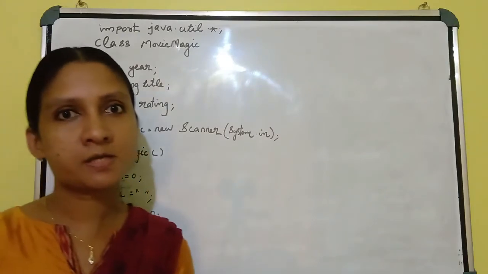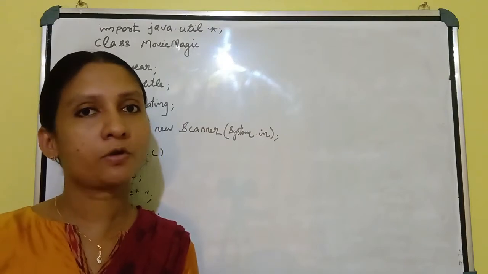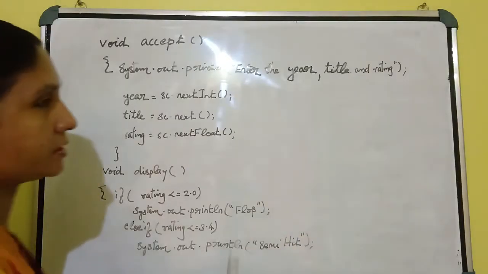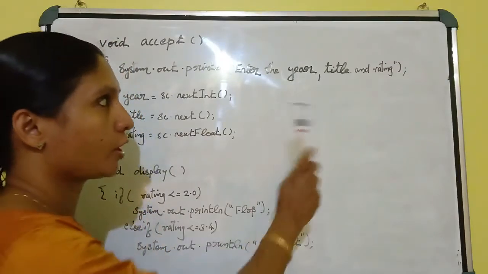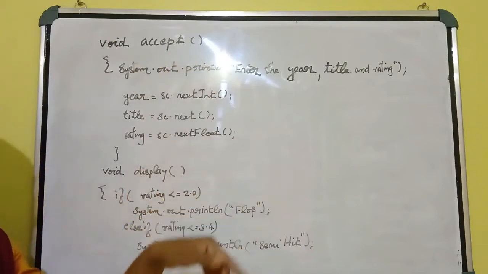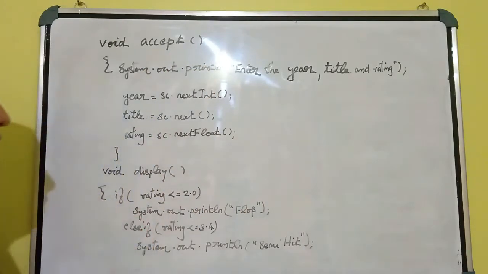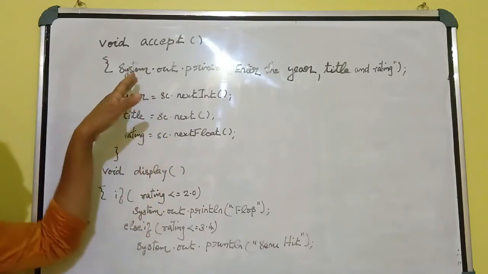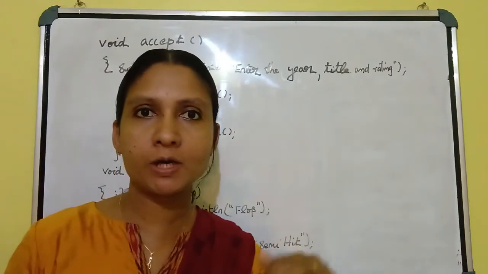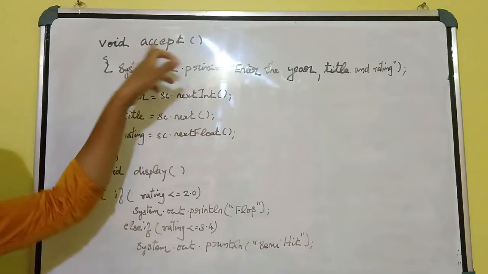Okay, next step. What is the next step? In the question they mentioned there are some functions. You have to create the functions according to the rules. In the question they mentioned the first function is void accept. Then we have to write the same name. Don't use other names. You should use the same name, accept first. Then give the message. This function is mainly used to enter all the inputs or read all the values. Then void accept.